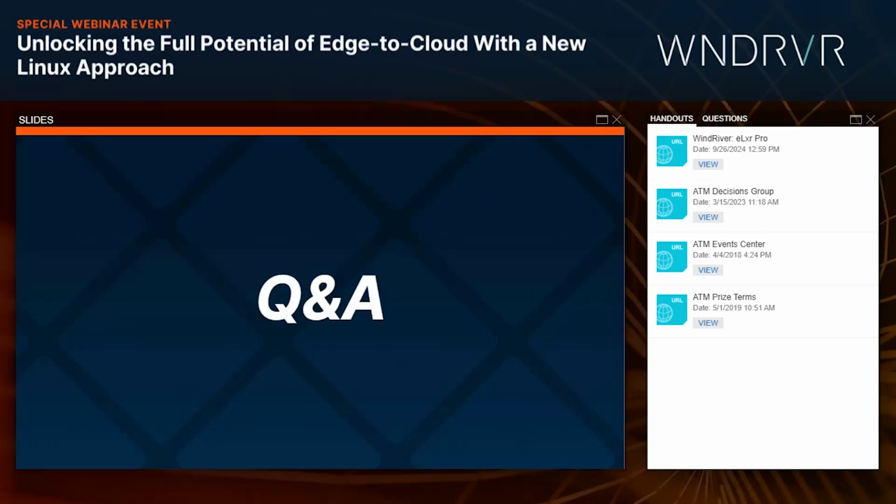Absolutely. Okay. And just to double click on the security certifications, we're also thinking about some of the compliance needs in mind. FIPS 140-2 and FIPS 140-3 are also security certifications we will be offering as part of our Elixir Pro offering. Oh, outstanding. Great to hear.